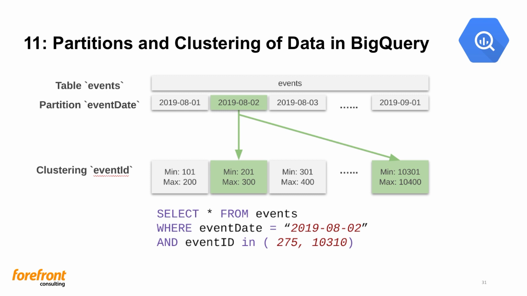It can be create date, modify date, ingest date, or you can use other things as well. So in the background, Google will place that data into different hidden tables. So when you do a query, it can figure out which subsets of the data need to be processed, and you only pay for that. And there's also a performance impact on that as well. There's less data that needs to be collected and orchestrated.